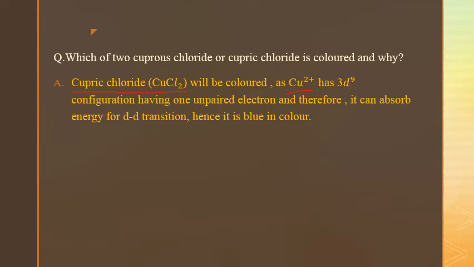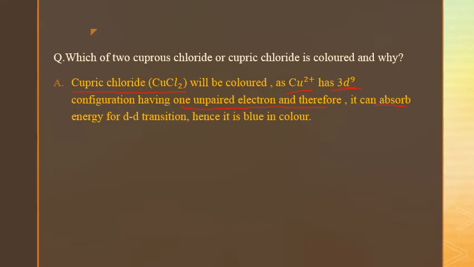For Cu2+ it has 3d9 electronic configuration, and we know that for 3d9 electronic configuration there is one unpaired electron present in d orbital, and therefore due to the presence of that one unpaired electron in d orbital,